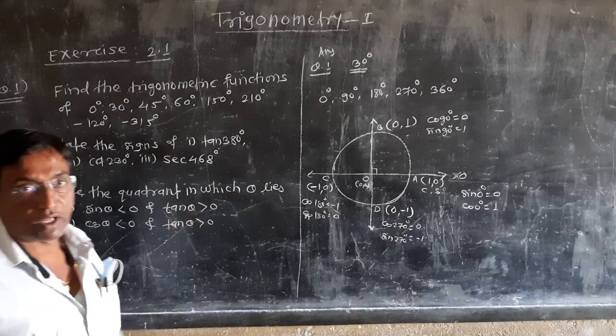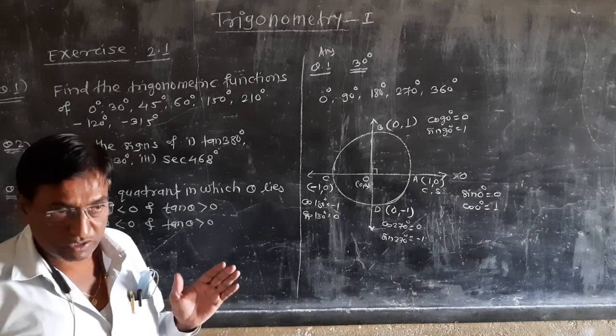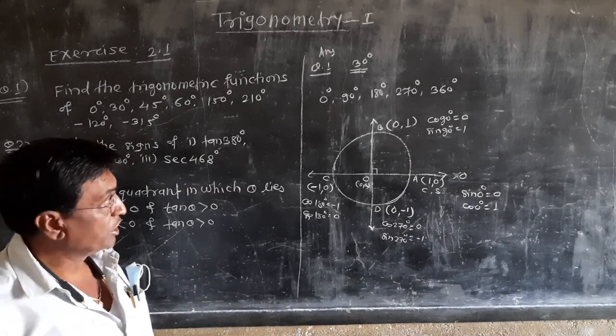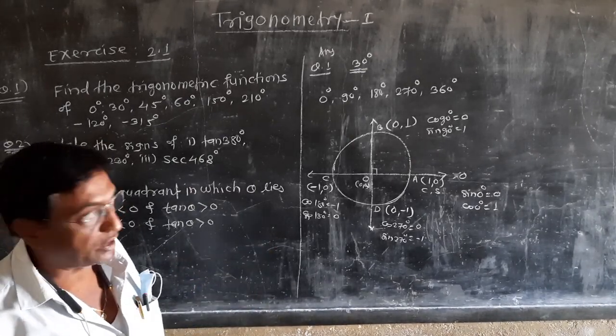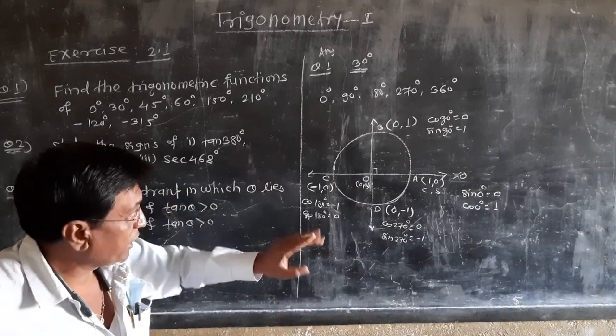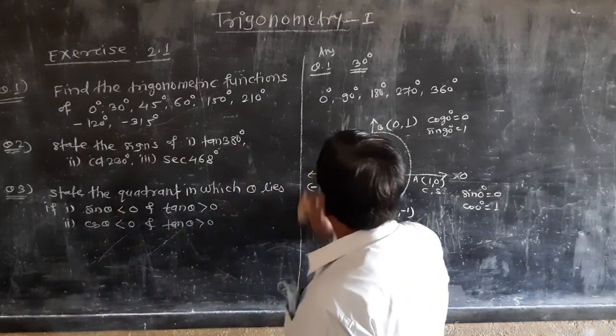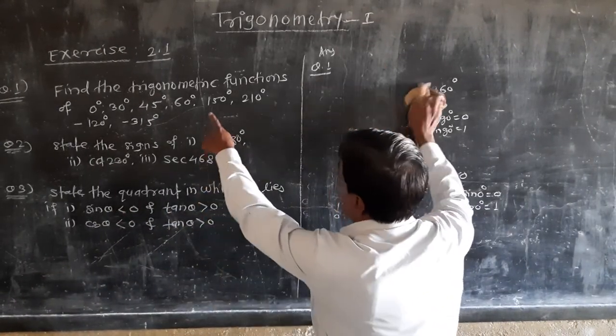Use this formula, and after this, for the remaining ratios, that is cosec, cot, sec and cosec, you take the reciprocal of the corresponding ratio. So by the way, you will calculate this value, and keep this in your mind. Thank you. Now after this, I will take one more example.